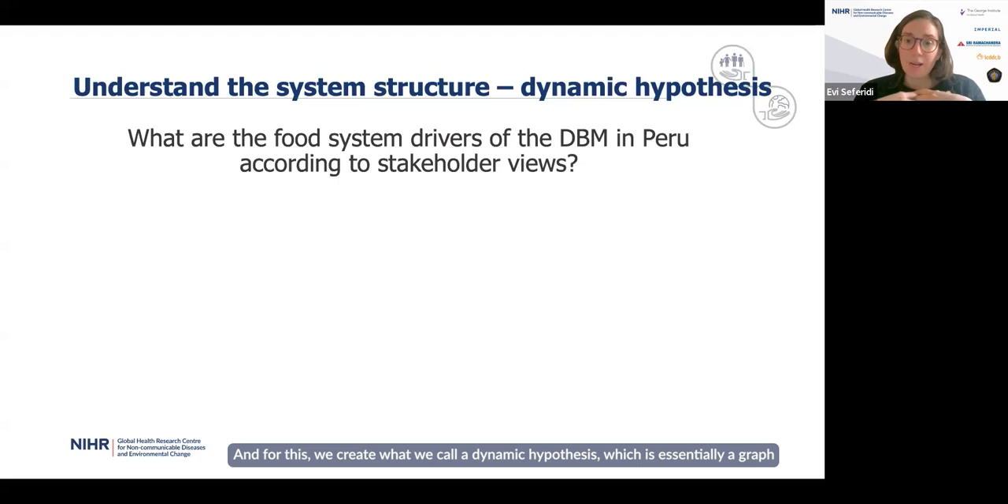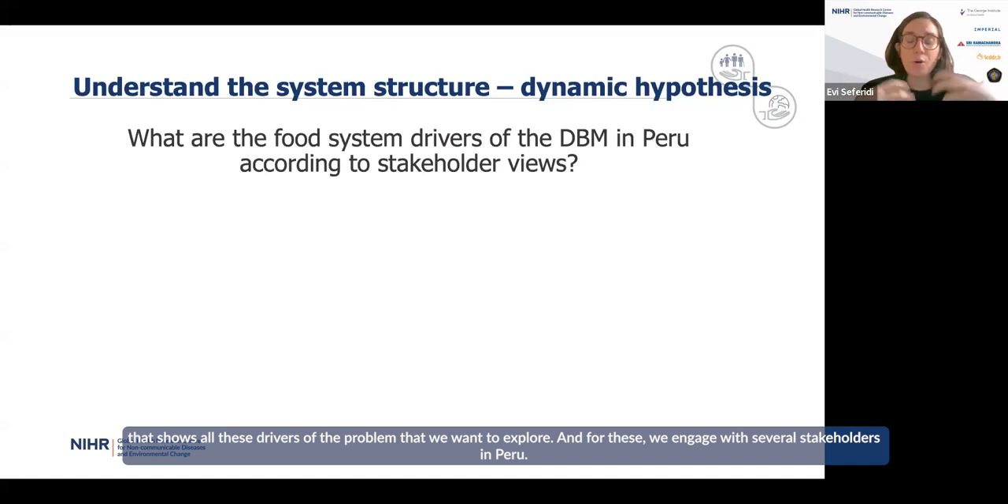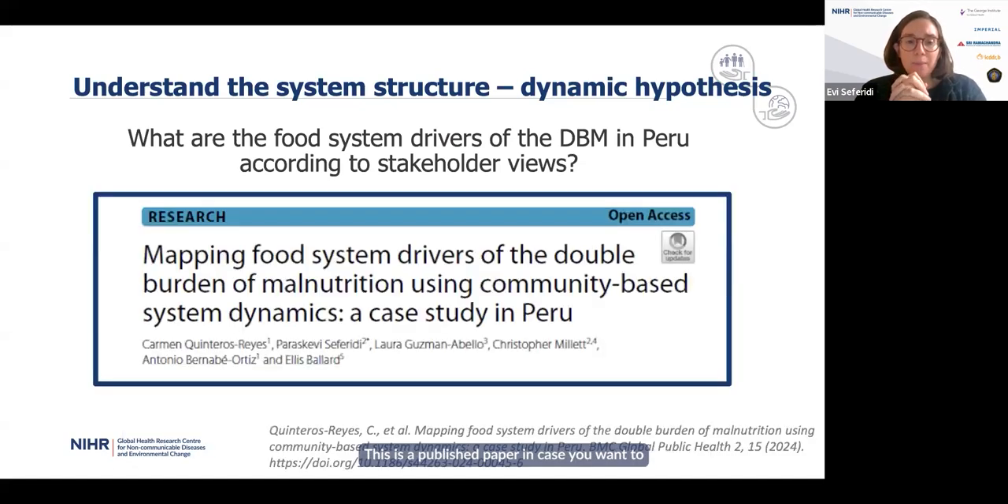And for this, we create what we call a dynamic hypothesis, which is essentially a graph that shows all these drivers of the problem that we want to explore. And for this, we engage with several stakeholders in Peru. This is a published paper in case you want to look in more detail on the explicit ways that we